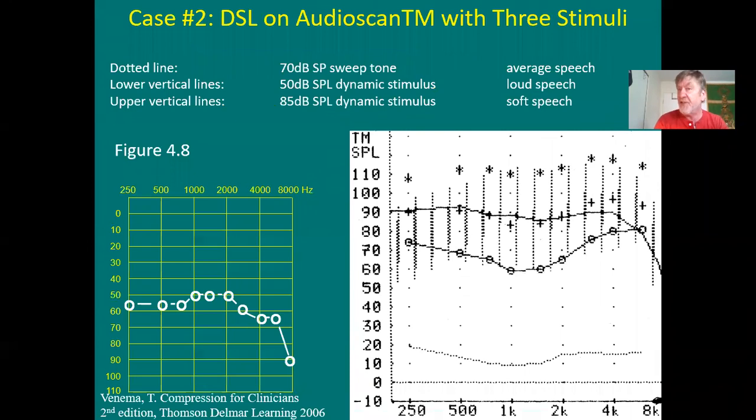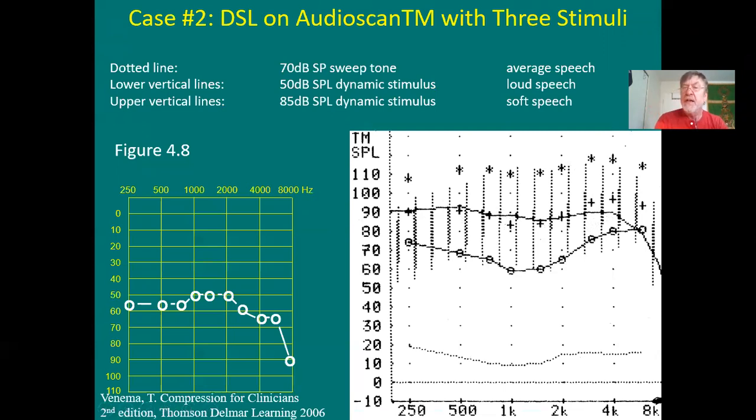Now here's another case showing you the very same thing. Here's the hearing loss measured in dBHL on the left. Here's the same hearing loss now in dBSPL on the right. The asterisks are the loudness discomfort levels, and the plus signs are the targets. So you're hitting the targets with the hearing aid, and the plus signs are looking at the target for average